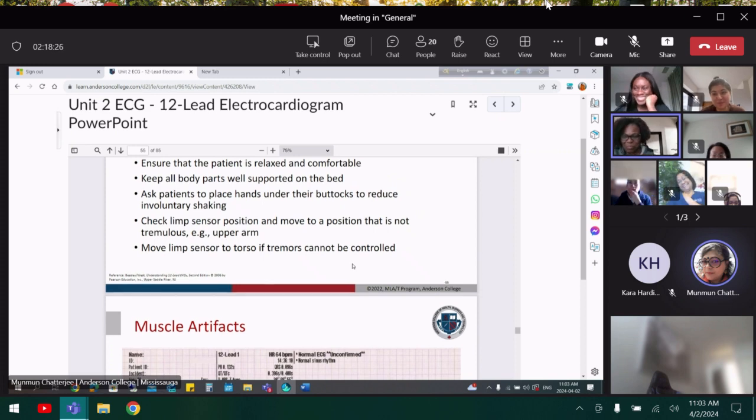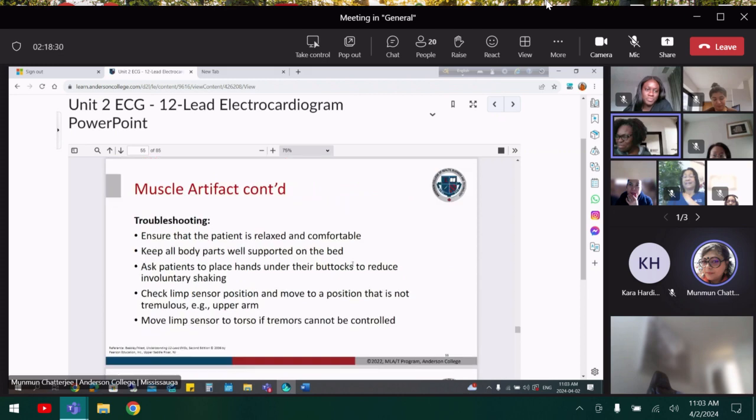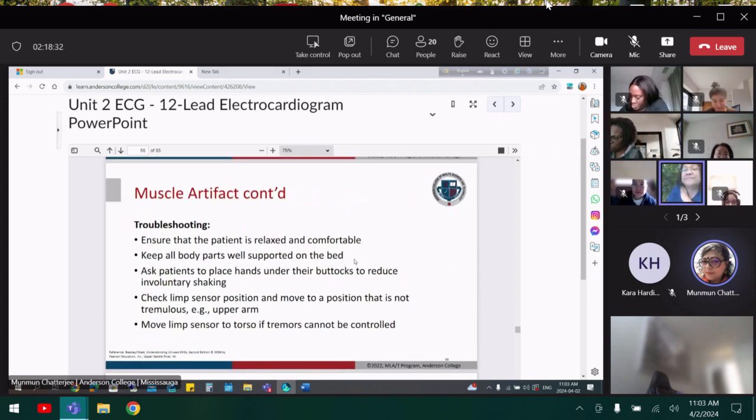So let me just complete the muscle artifacts. Then we are going to the wandering baseline, okay? Muscle artifacts, okay, ma'am. So any kind of tremor or anything, sometimes you have to move the